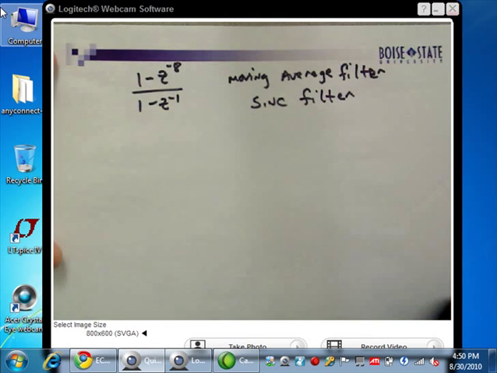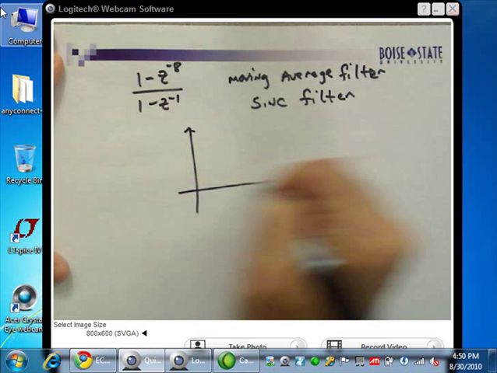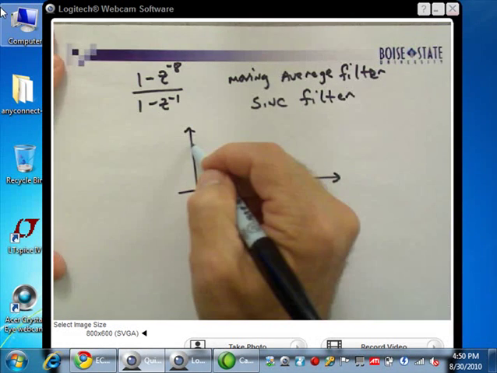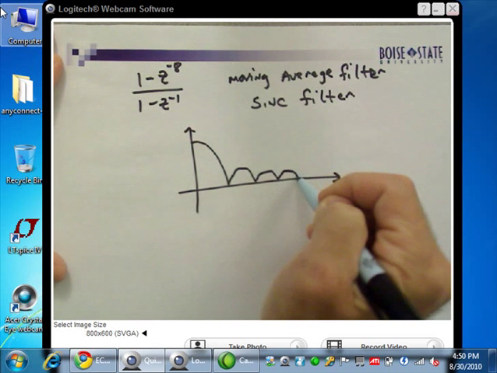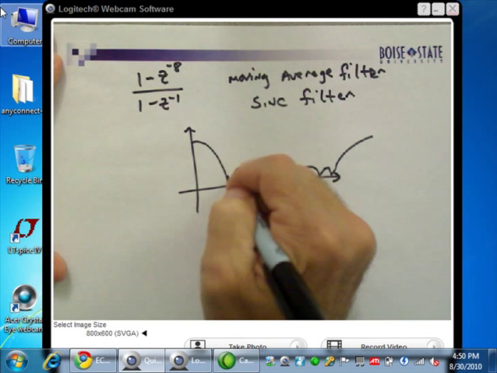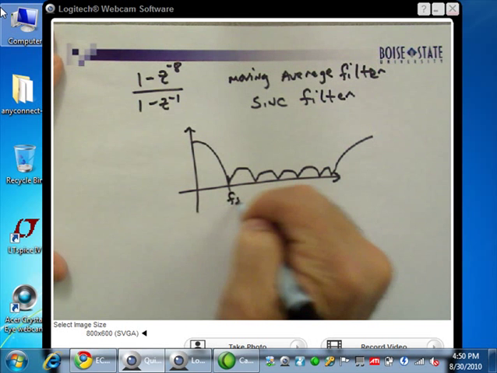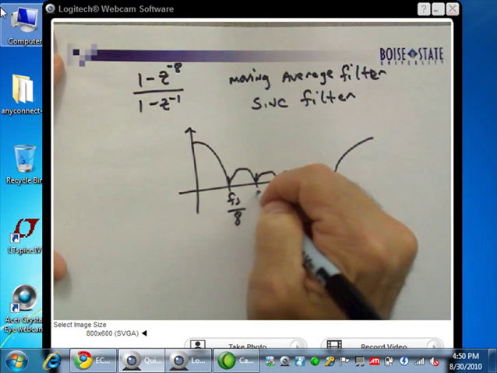And we'll derive this in chapter 4, but what we get when we determine our transfer function, we cancel that 0 at DC, and we get a response which looks like this. If I did that right, so this first 0 occurs where? Fs over k. And this one occurs at Fs